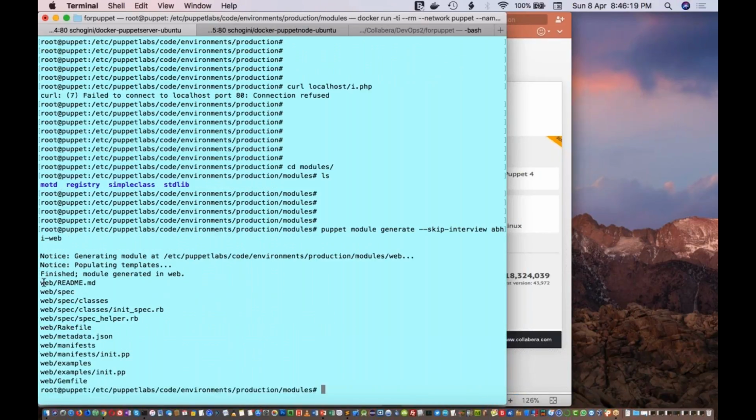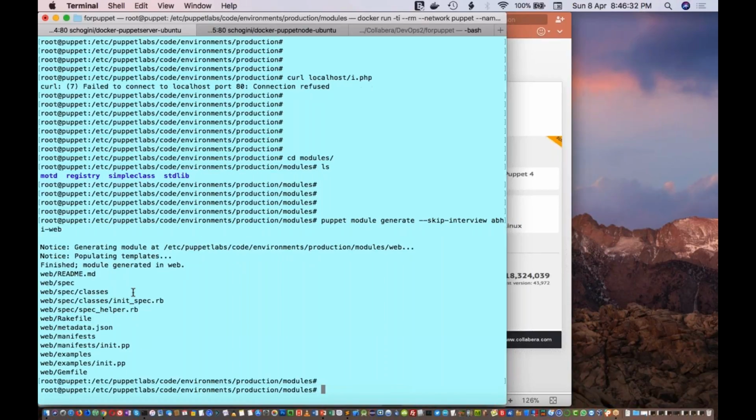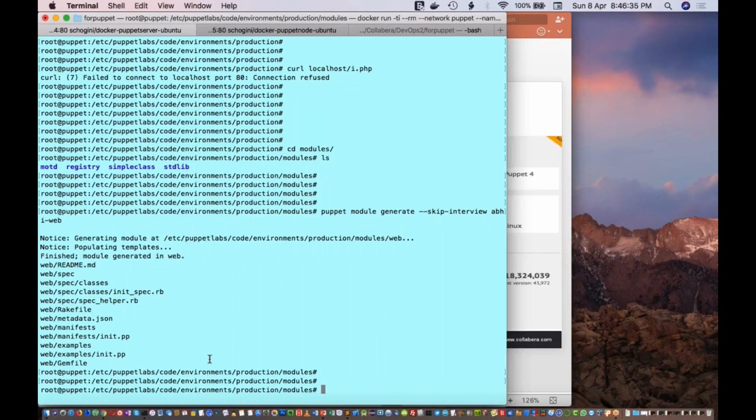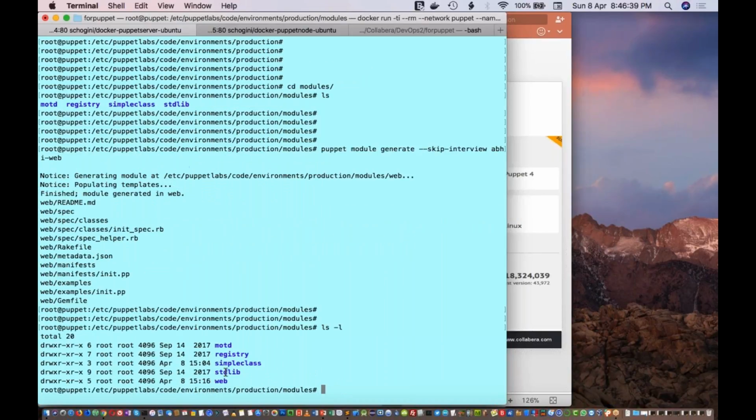So it will create this web module. The name of the module is API-web, where API is the author name. Here it has created a new module called web. Now if I do ls -l, you can see one web module created here.